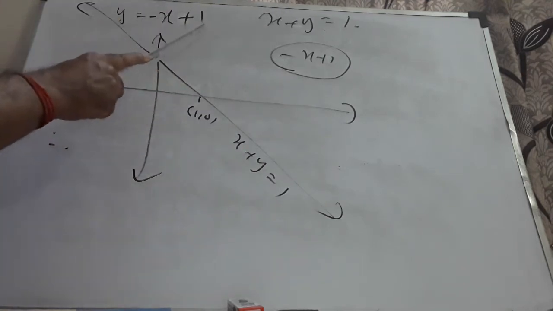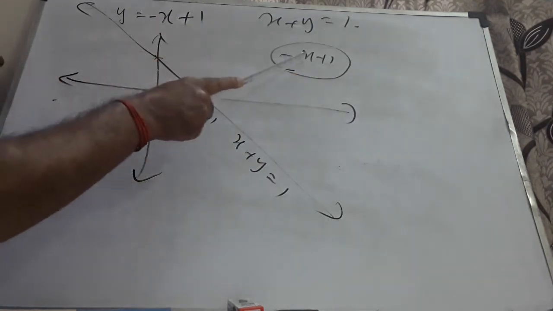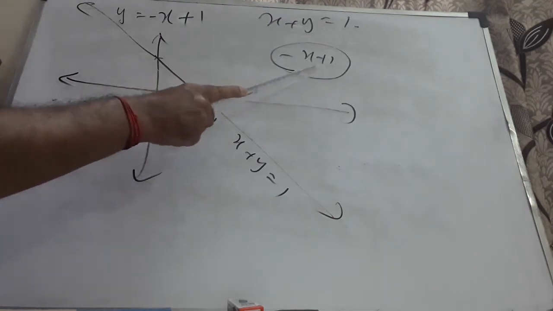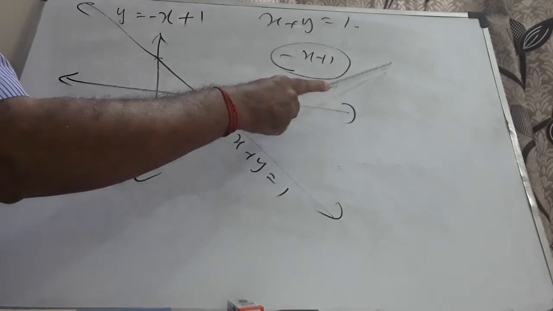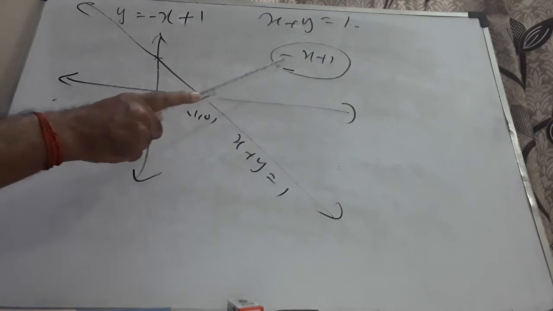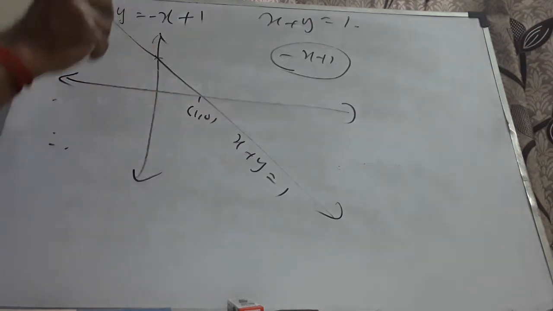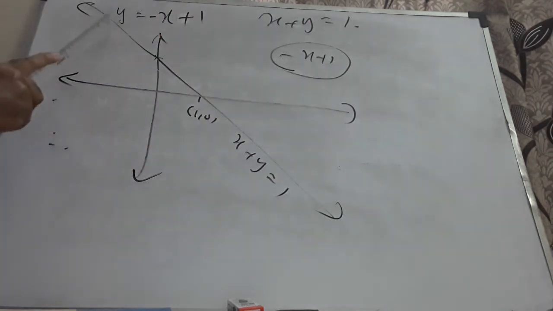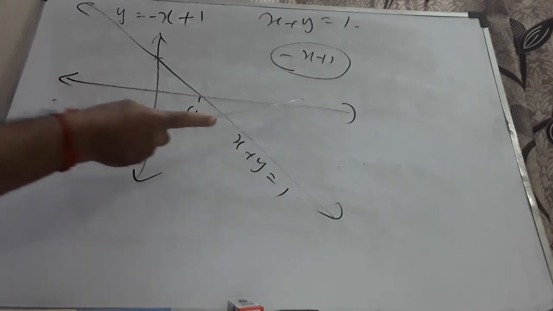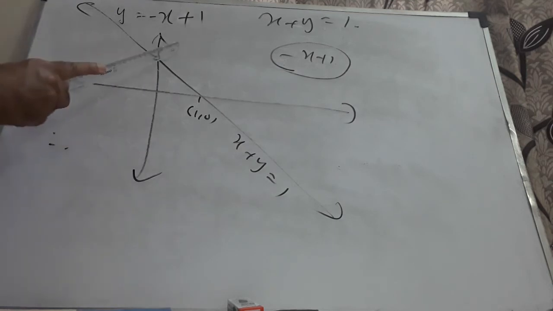Therefore y equal to minus x plus 1 is the straight line, or minus x plus 1 is simply a linear polynomial. Equating minus x plus 1 equal to 0, I mean to say minus x equal to minus 1, x equal to 1. Therefore the 0 of the linear polynomial minus x plus 1 is 1. Equating minus x plus 1 equal to 0 is equivalent to y equal to 0 here. Y equal to 0 is the equation of the x-axis in general. X equal to 0 is known as the equation of the y-axis. Everybody knows, you might have learned in 9th standard.